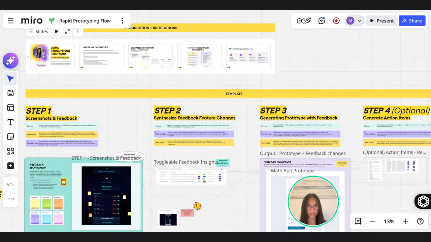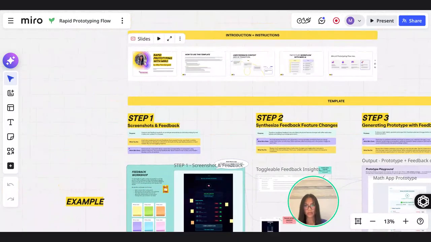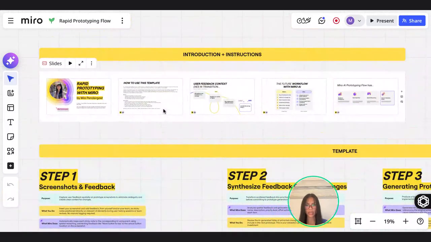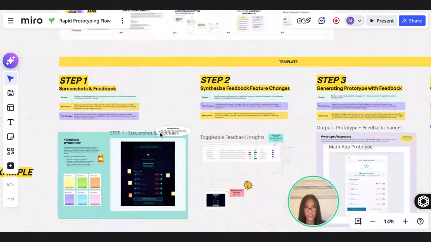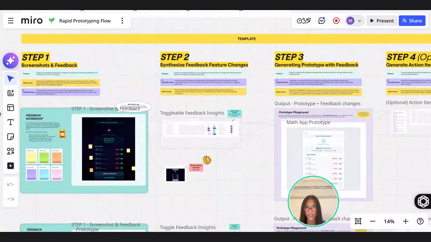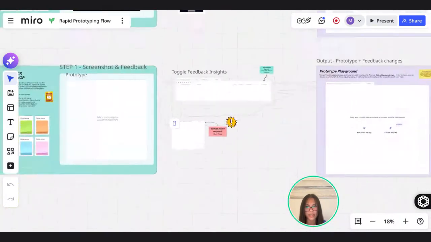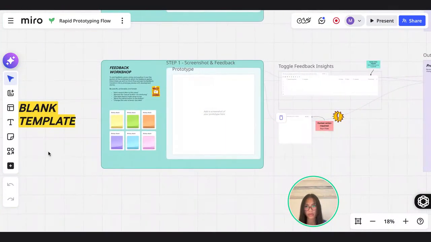So whether you're a product manager or a designer or a solo builder, this flow consolidates the entire feedback loop inside of one Miro board that you can run in minutes. And so quick orientation before I dive into each step. At the top, you'll see the introduction and the instructions. And then in the middle section, you'll see a live example that I used with my nephew's tutoring app. And then at the bottom here is the blank template that you can plug your application into and use in